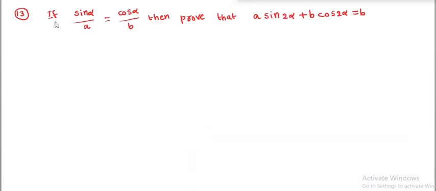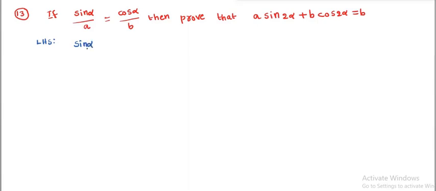Next problem. If sin alpha by A is equal to cos alpha by B, then prove that A sin 2 alpha plus B cos 2 alpha is equal to B. So taking LHS,